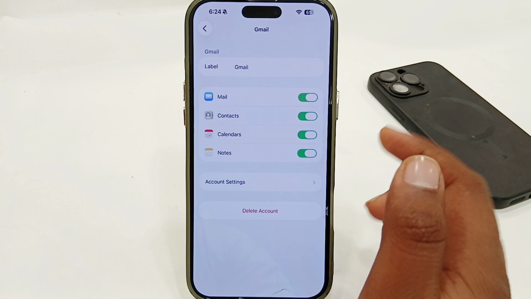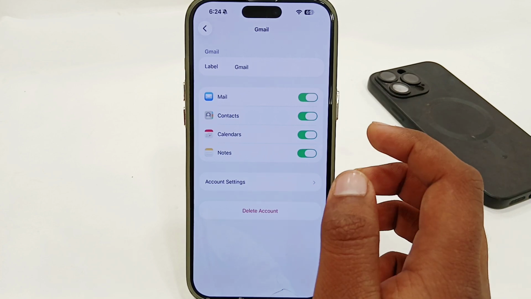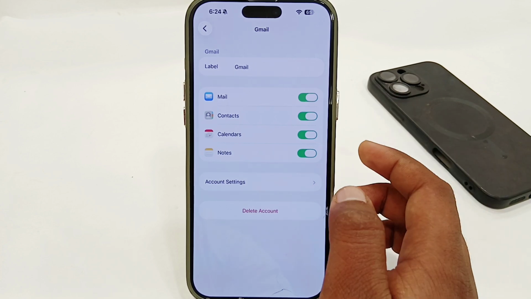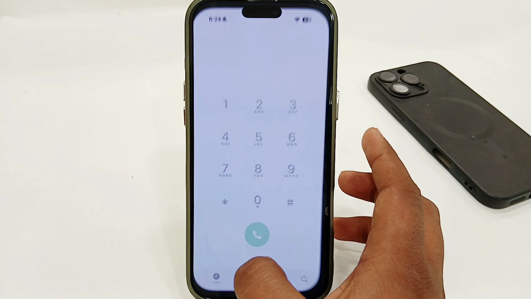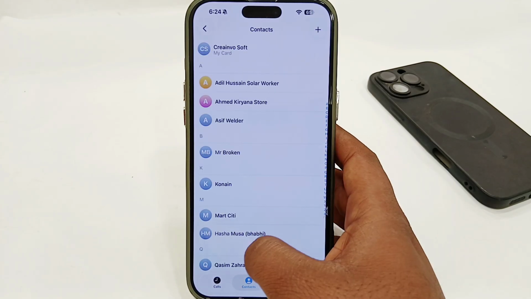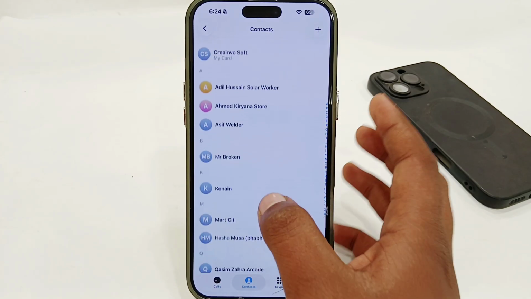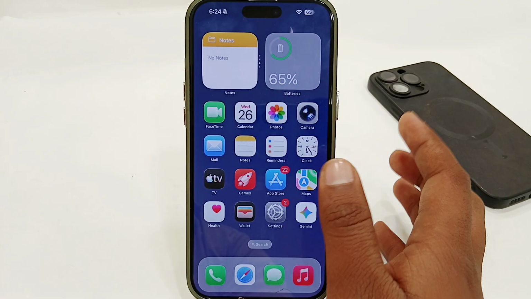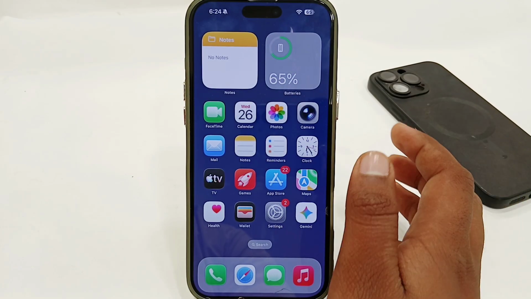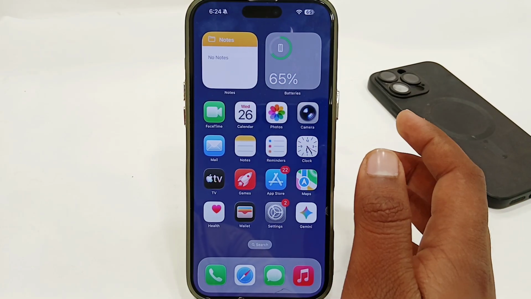Once you have enabled, your contacts will automatically be synced from your Gmail and you will get it in your contacts or your phone app. Here you will get all of your contacts which you have saved on your Gmail account. So in this way you can easily sync your contacts on iPhone